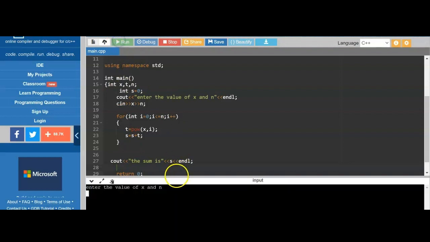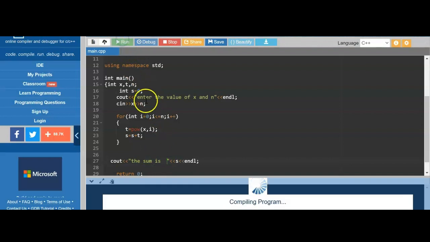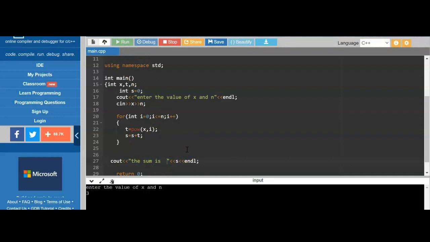With some other number, like if you want to give 4 raised to 5, the output is coming as 1,3,6. So if you need a space between them, you have to give here a little bit of space and then run it again. Next, this time I'm taking 3 raised to 4. Sum is 121. You can see a space here. So like this you can make changes to your program. This is the program for your